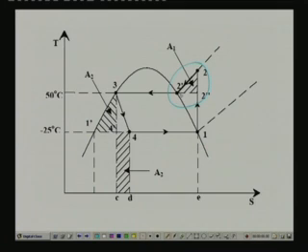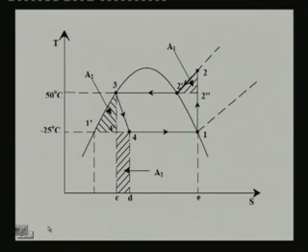Hatched area is nothing but area under 2 dash, that means the complete area, this entire area, minus area under 2 double dash to 2 dash, that means this area. So, if you find out the area under curve 2 to 2 dash and subtract the area under the curve 2 double dash to 2 dash, you get the superheat horn area. And this is an isobaric process, that means P2